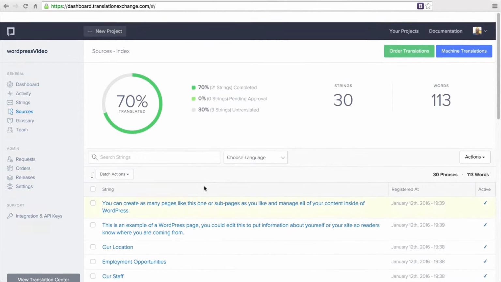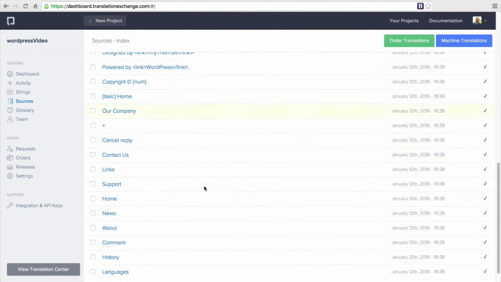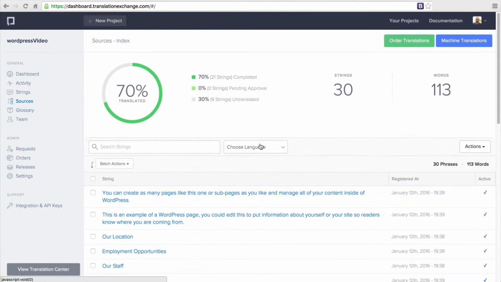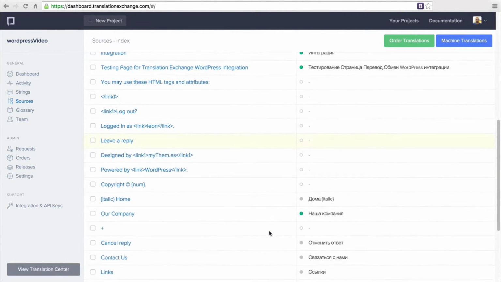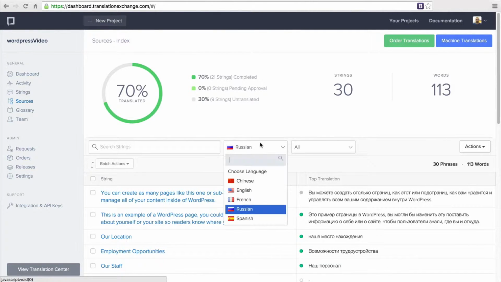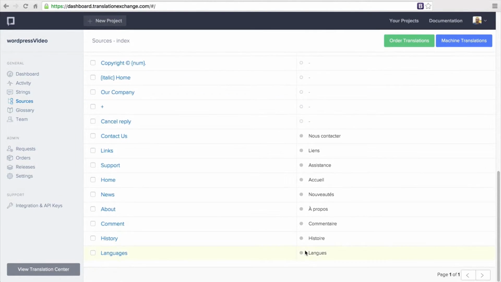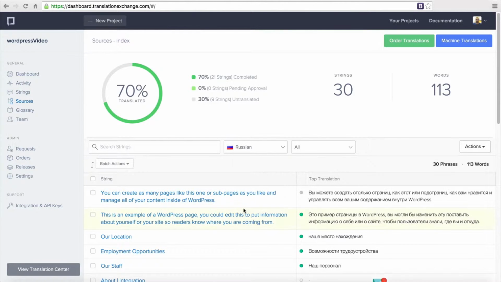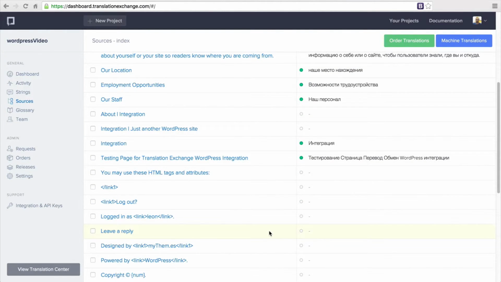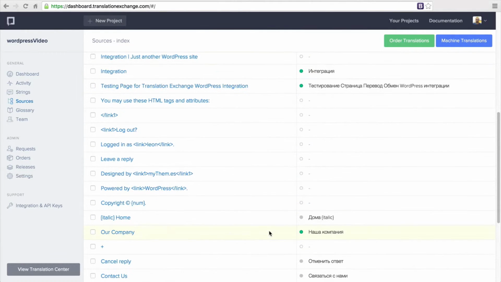It will take us inside the source with all the strings that are assigned to that selected section. You can see that some of the strings were already translated. Under languages, you can see all the languages selected for our project. Let's select French, for example. We do not see many translations. Translations that we see with a gray dot mean that they are not locked for that project and they're just suggestions. When we select Russian, we can see that we have some translations that have a green dot. That means they were locked and approved for that specific project.